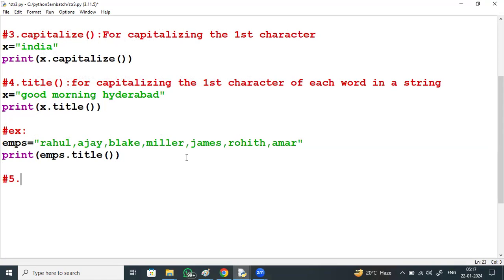Right. Next, swap case. Converting one case to another case. If it is in upper, it converts to lower. If it is in lower, it converts to upper. Reverses the case.